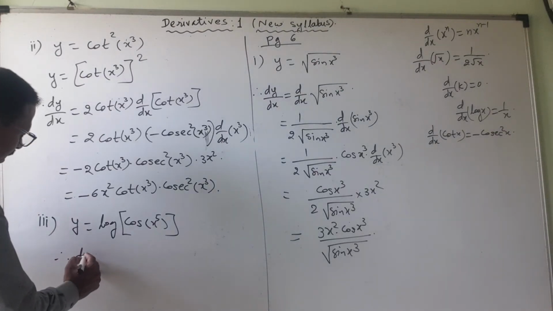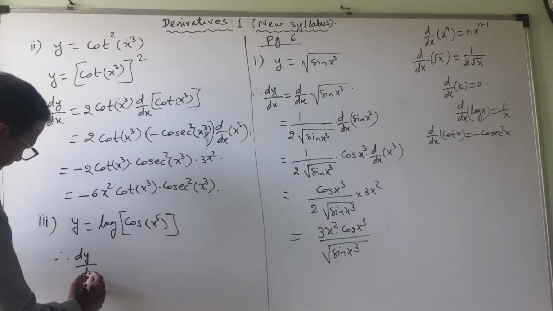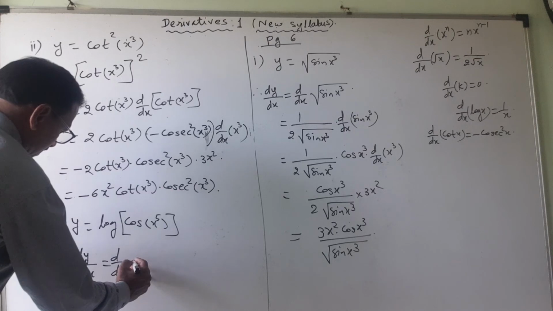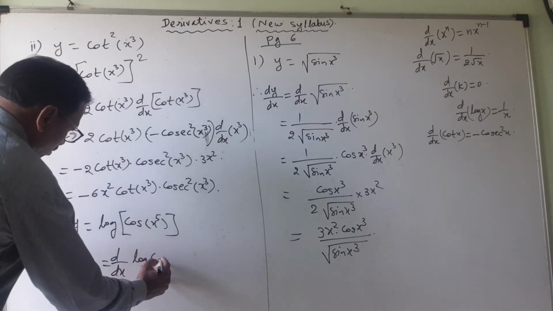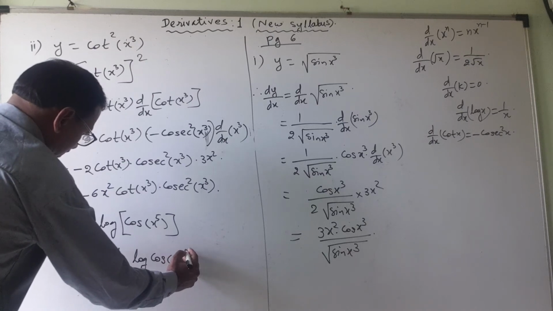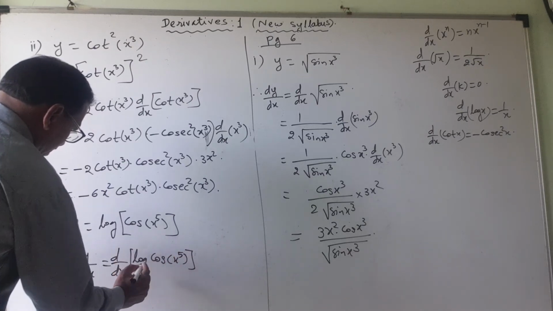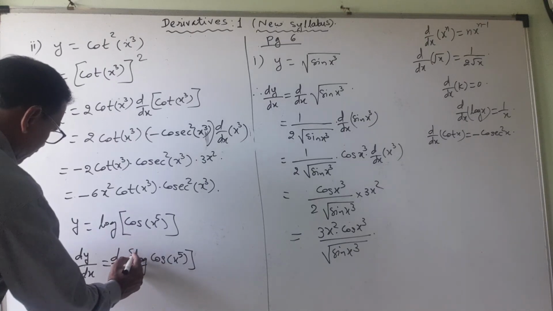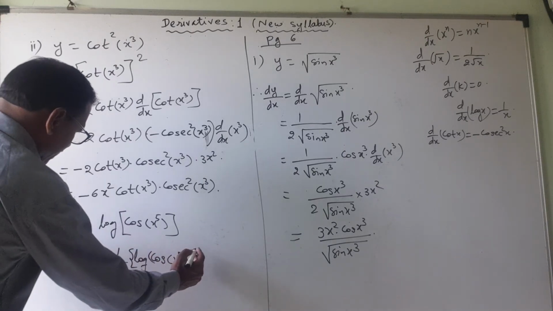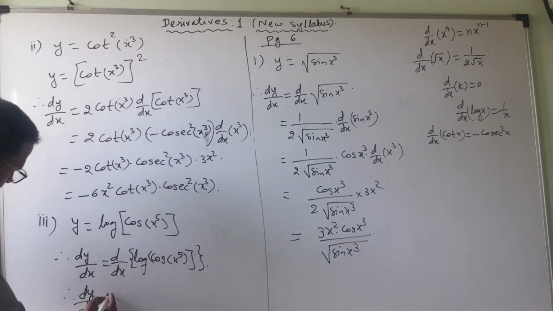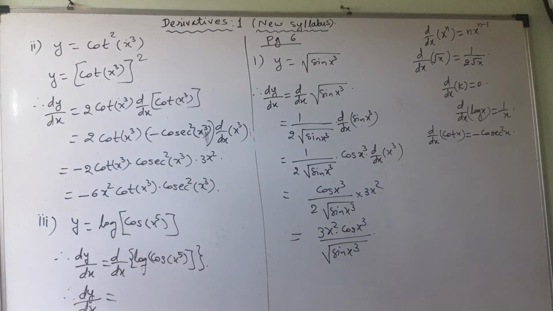So dy by dx is equal to d by dx of log of cos of x raised to 5 is the derivative I am going to take. I will use the different brackets. Therefore dy by dx is equal to, now the derivative of log is 1 upon